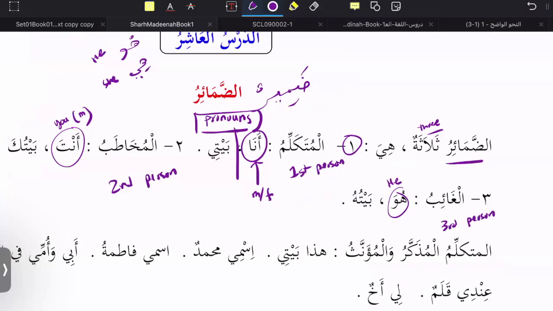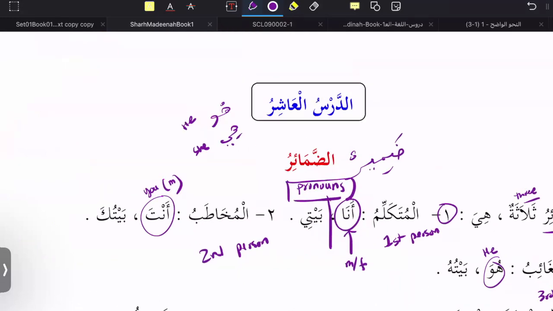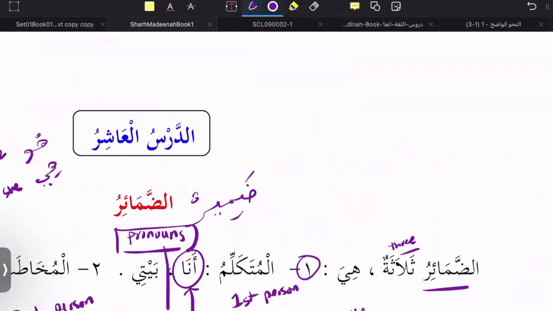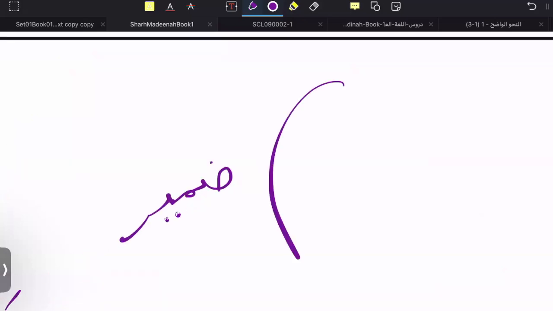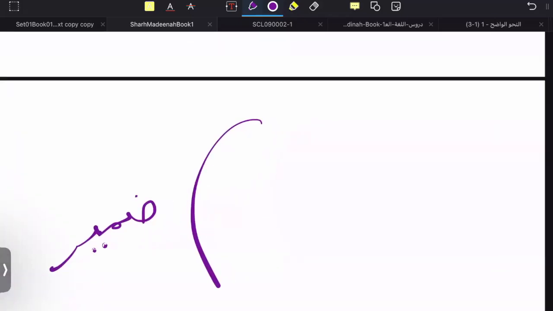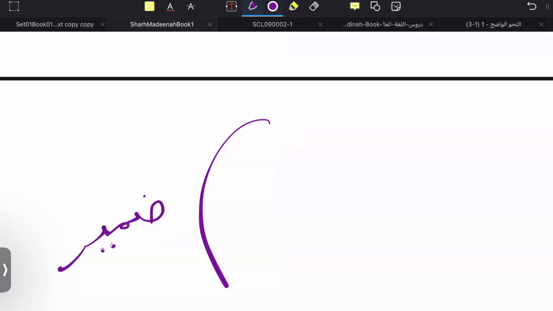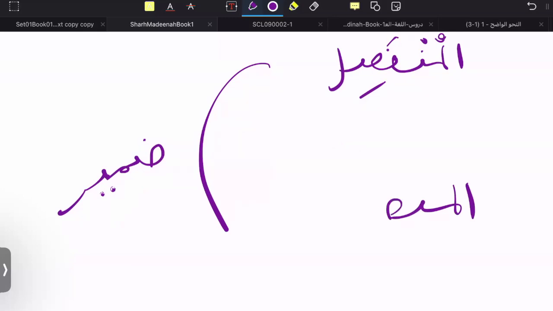But there is a little bit more to this. In Arabic, we divide the pronouns into two even bigger categories. So we can say dhamir or dhama'ir, we categorize them into two bigger parts. One is, I'll write the Arabic term, you don't have to know it, but I'll also mention the English term. One is al-munfasil, munfasil. Another one is al-muttasil,